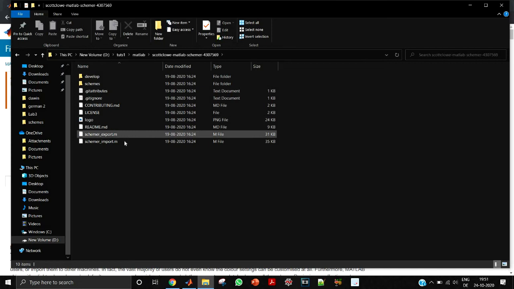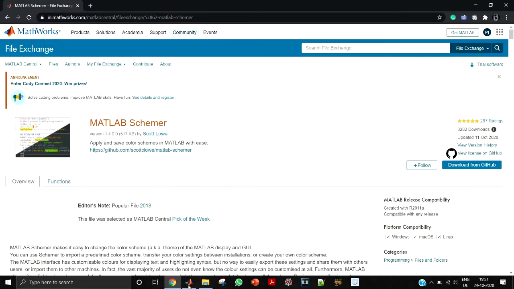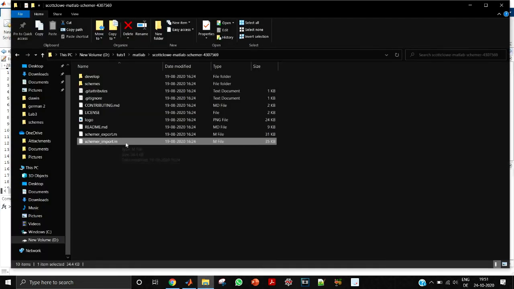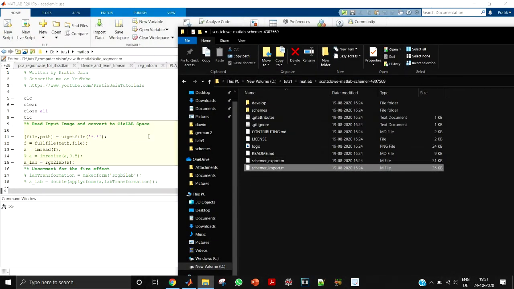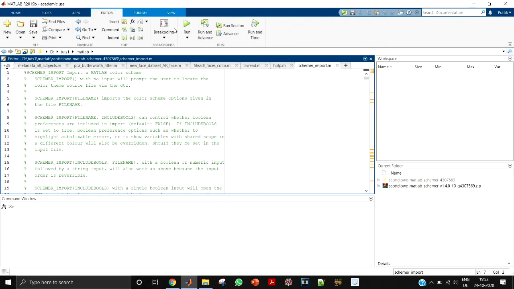Now this particular program is very important to change the color layout and so on. I'll show you what to do after you download these things. After you download that, you need to run this program, basically this program over here. There are two methods. One, you can just simply drag this thing over here and press the Run button. That's simple. In case you are not finding the Run button, go to the Editor. The Run button is in the Editor and you can run the program.